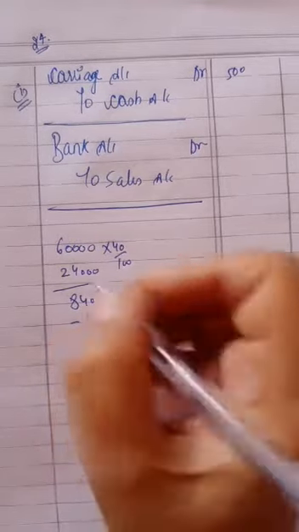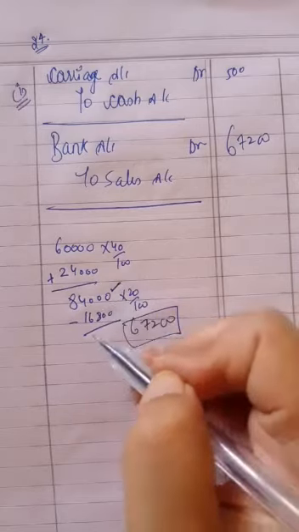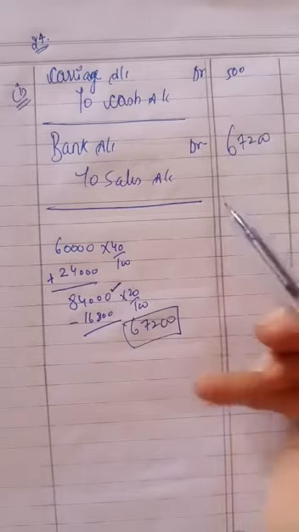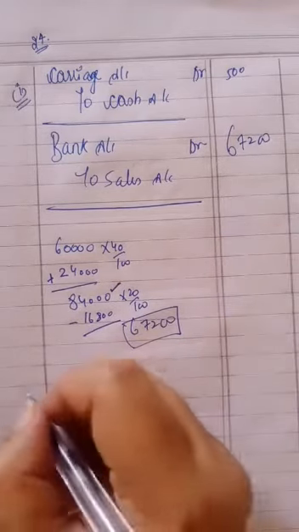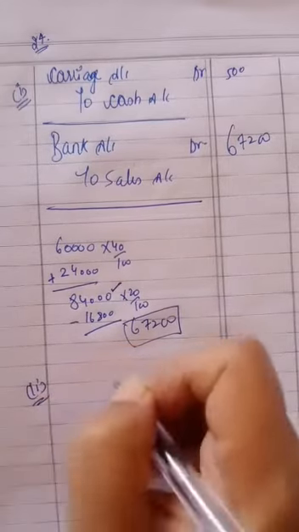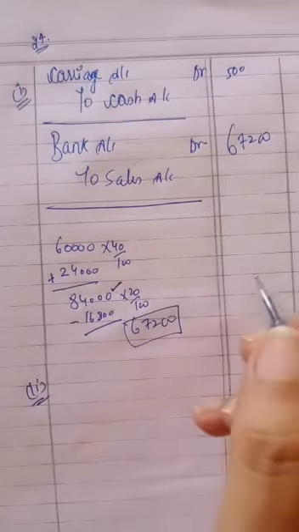Guys, profit is always added in the cost to make it the sale price, and discount is always subtracted. So after deducting it will be 67,200. This is the amount for which we have made the sales. 60,000 was the cost, 40% profit will be added back in the sale price, and 20% discount will be deducted. So the real amount is 67,200. Second transaction. This is a very important question.